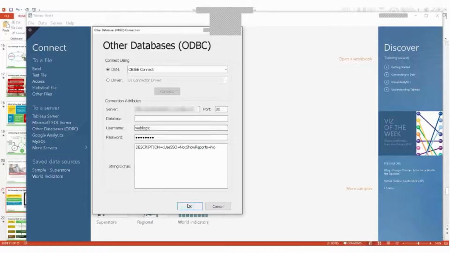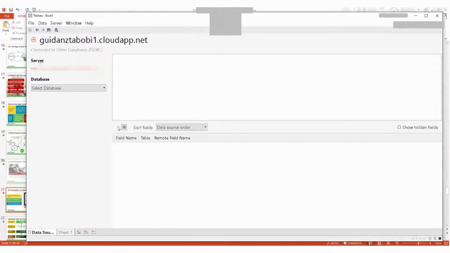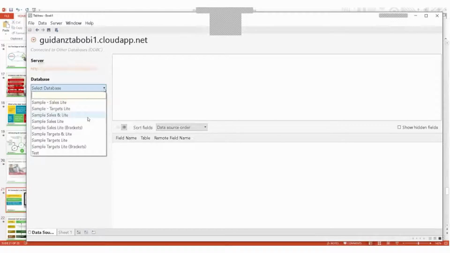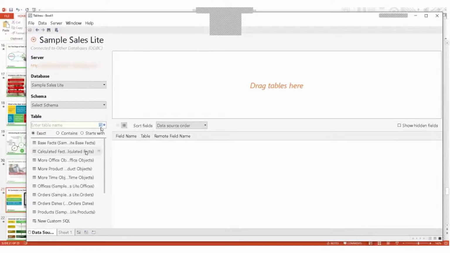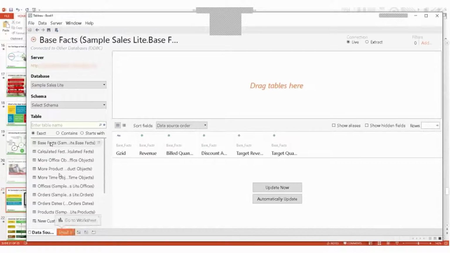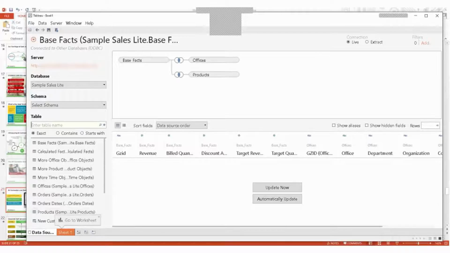It takes a couple of seconds. Now you're connected to live data in OBIEE. So you can see the subject areas from OBIEE from within Tableau. So let's select this sample sales slide. Let's go and select some of the tables under the sample sales slide. Base facts, offices, products,